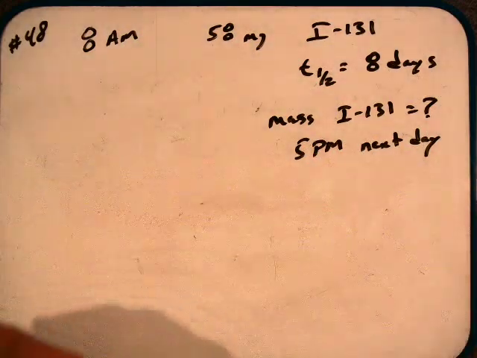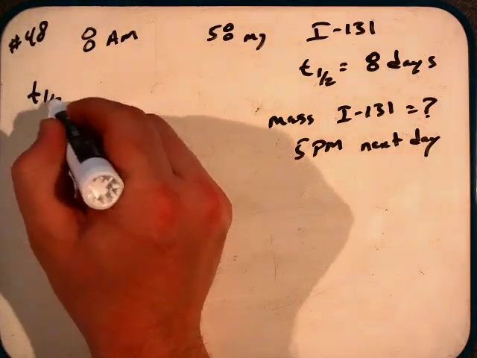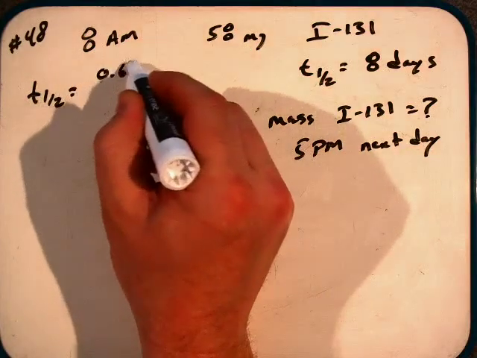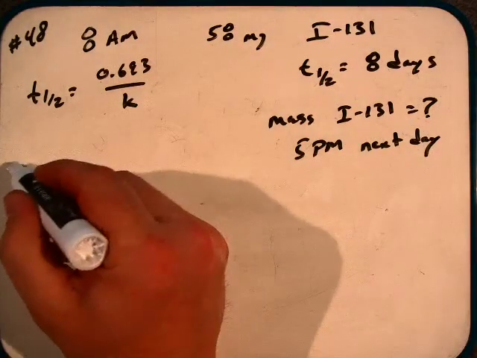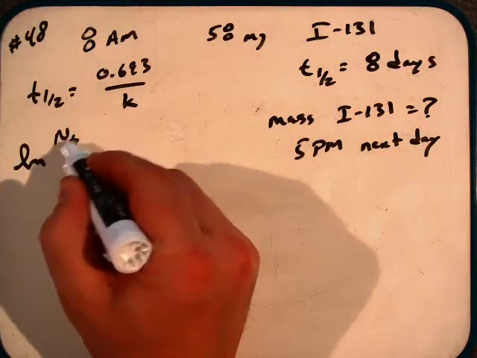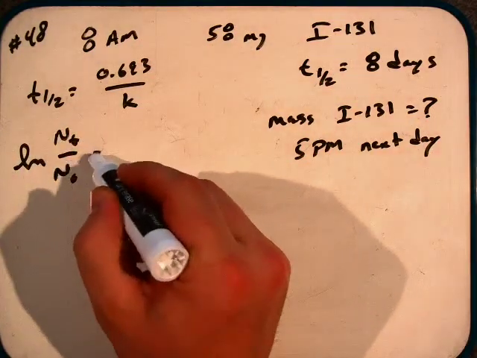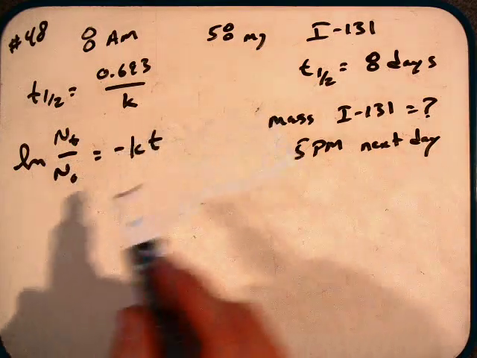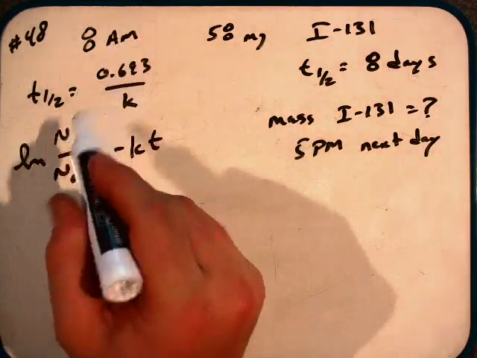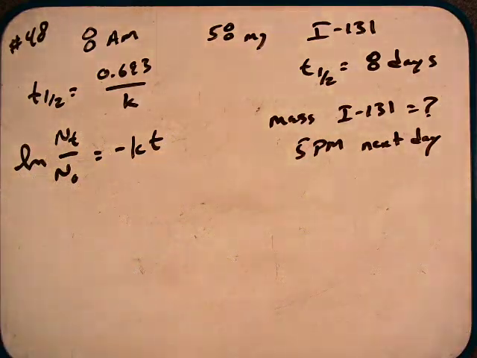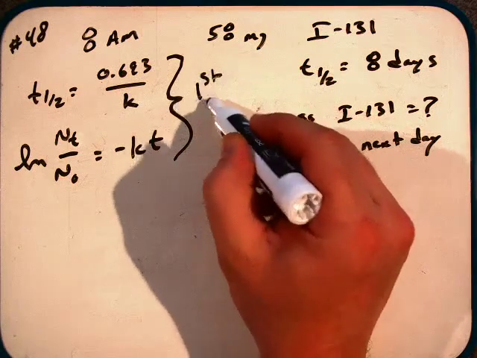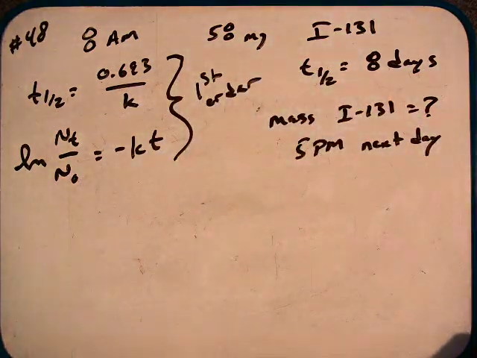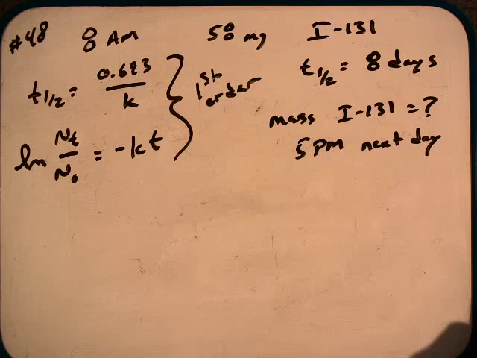We're talking about how we can relate half-life to our rate constant, little k, and then how that rate constant relates the number of molecules at any given time point. Remember, radioactive processes are always first order, and so that's why we use those first order